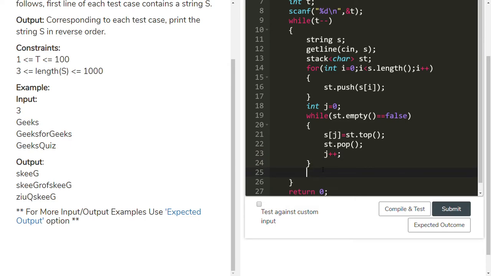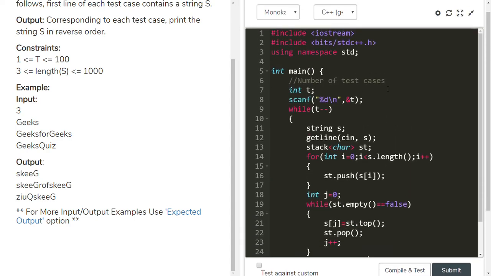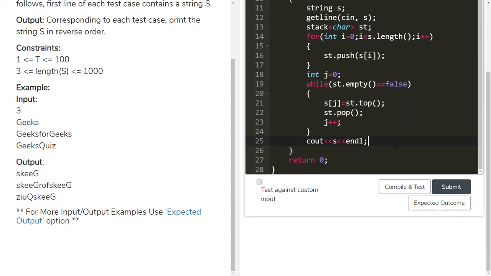After that, we get the reverse of string s. This is the program. So once we check it,